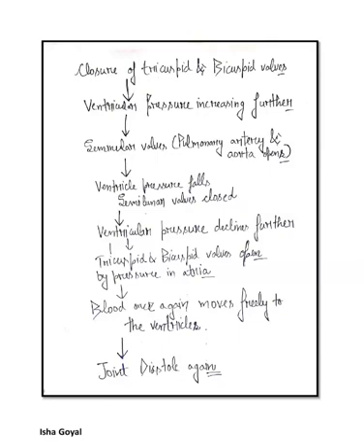As the ventricular pressure declines further, the tricuspid and bicuspid valves are pushed open by the pressure in the atria exerted by the blood which was being emptied into them by veins. Blood now once again moves freely to the ventricles. The ventricles and the atria are again in a relaxed state, that is joint diastole. Soon the SAN generates a new action potential and the same events are repeated again.